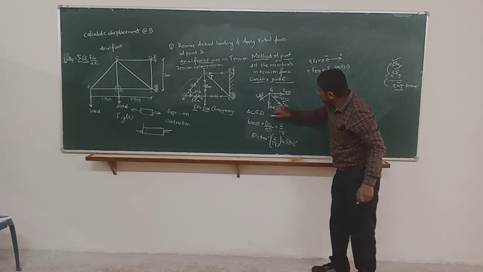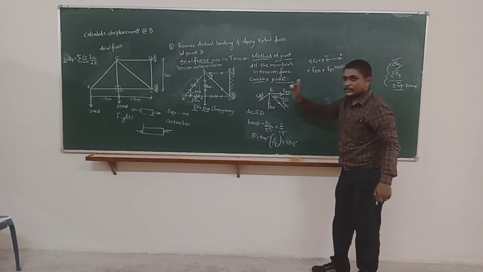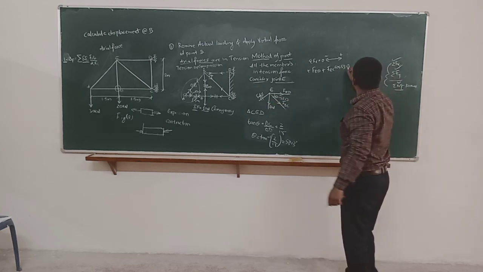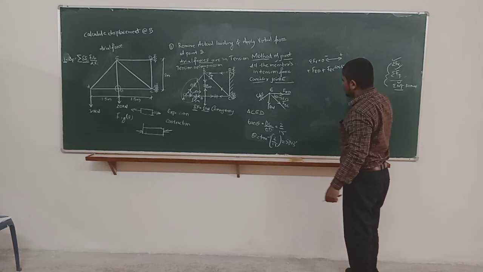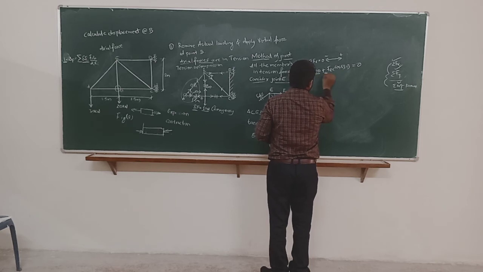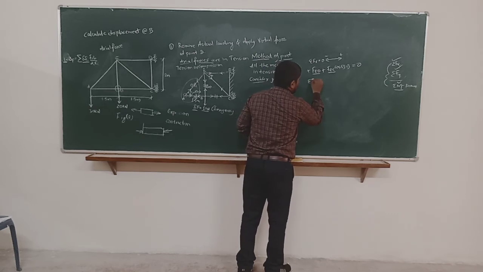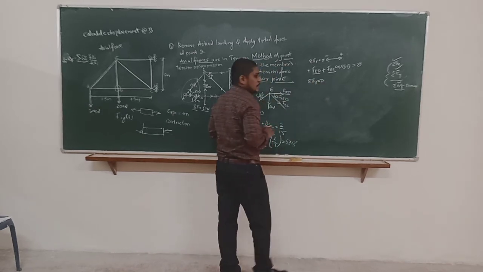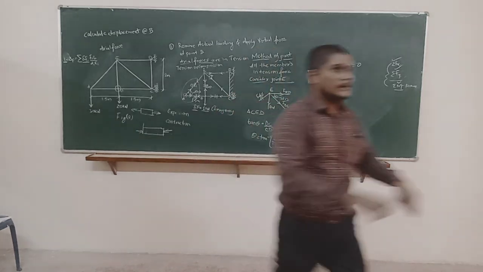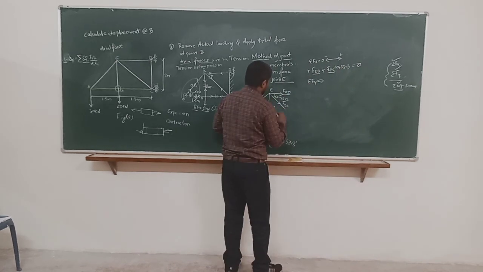Any other force which is horizontal is already 0. If I resolve it as vertical as well as horizontal, the value is going to remain 0 only. So FEC cos 53.13. Here both are unknown, this is unknown, this is also unknown. There is no known value. So let us go for summation of Fy is equal to 0. Okay, I will go for summation of Fy now.